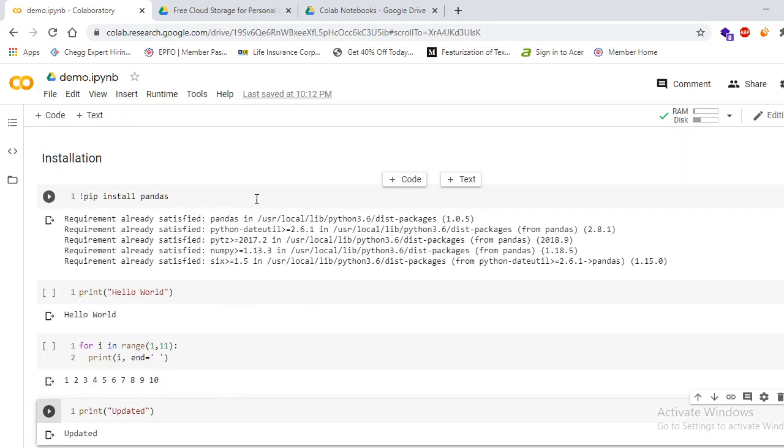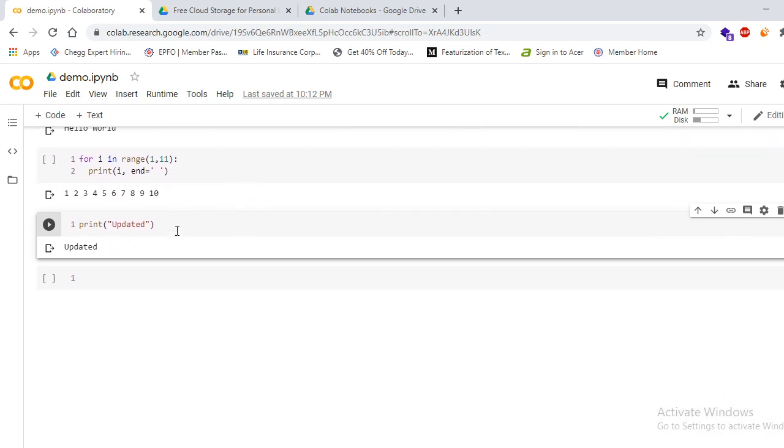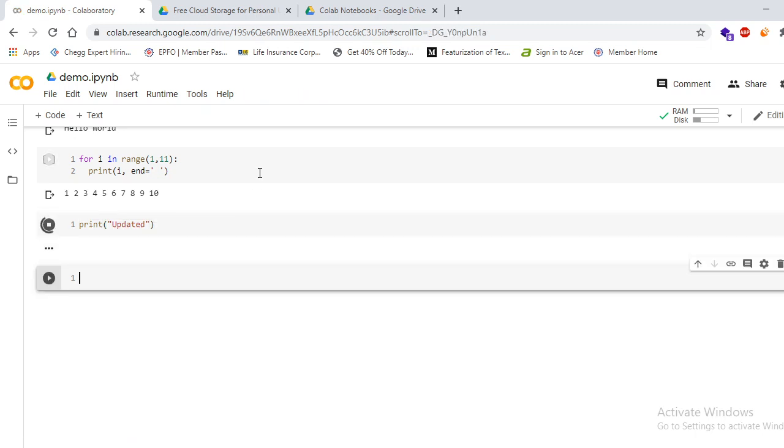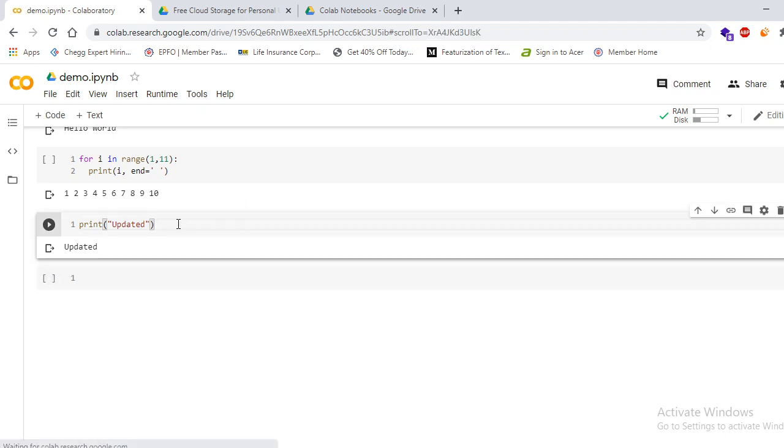One more point I just wanted to say. There is another option also to run our program, to run our code. Instead of pressing shift enter, first, you can just press shift enter to run the code whatever you have written in one block. The other way is you can click on this button. As you can see, this play button is there, like YouTube. You can just click on this play button. Using this button also, you will be able to run the program whatever is mentioned in that code block.